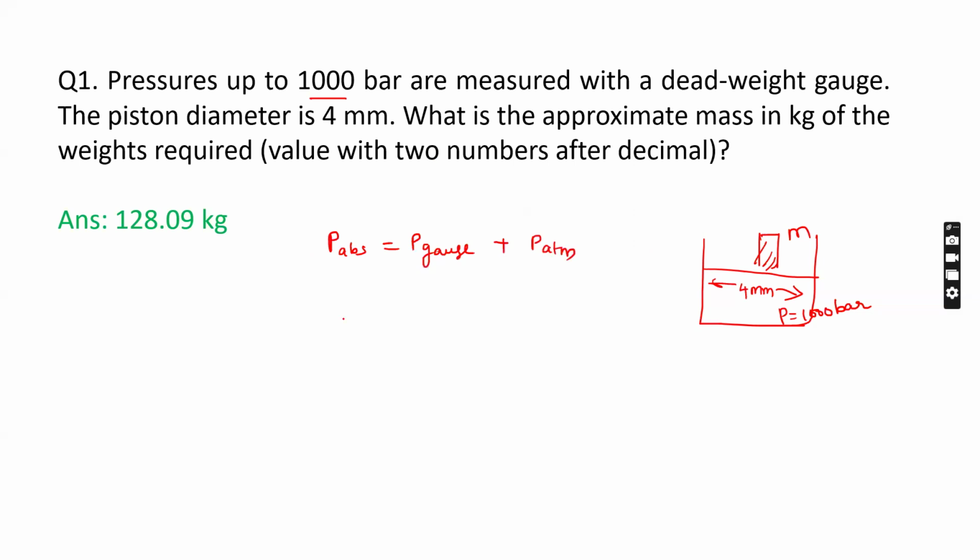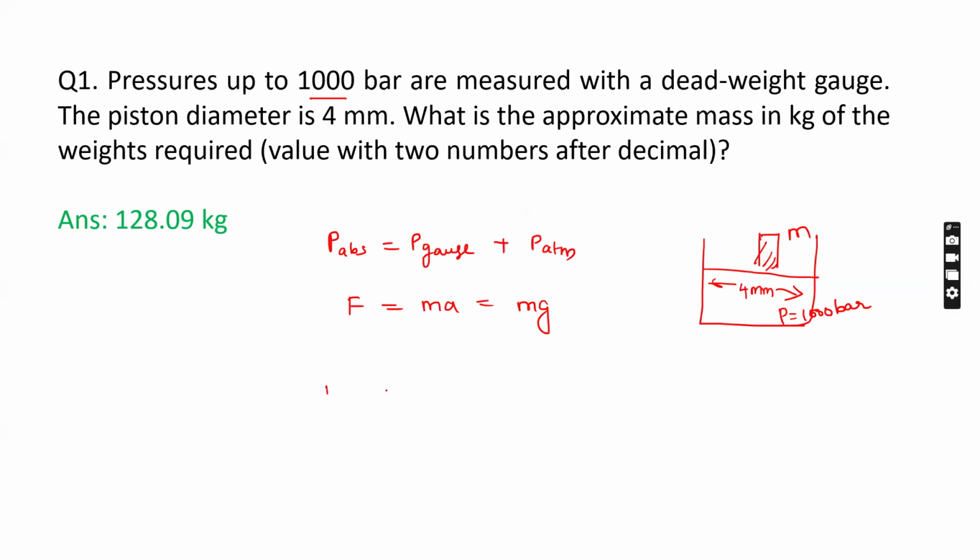Generally F is equal to ma is equal to mg here. That force and the atmospheric force both will be there. So on equating the force balance, by cutting off the atmosphere on both sides, we say